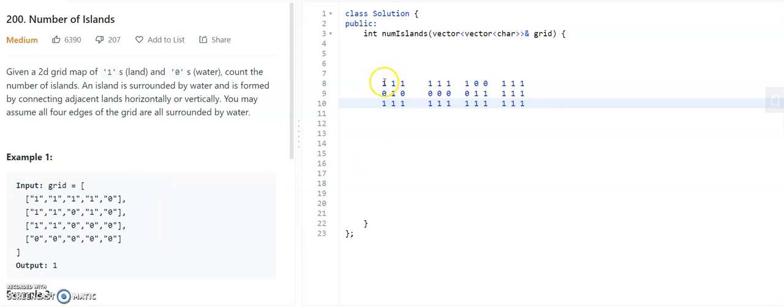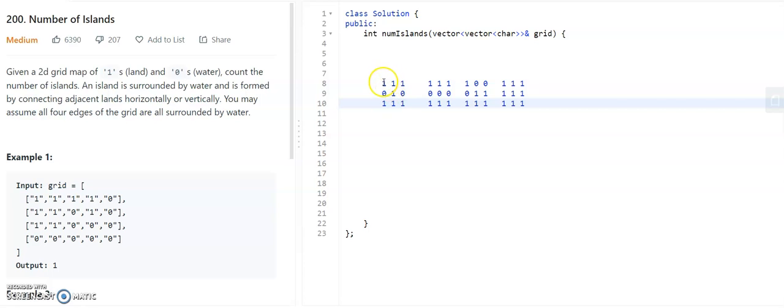First we encounter this one, so we will mark it as visited. Then we mark this one as visited as it is horizontally connected. Then this also we mark as visited as horizontally connected. This one also we mark as visited. Like that, every horizontally or vertically connected component of ones will be marked as visited recursively through DFS.